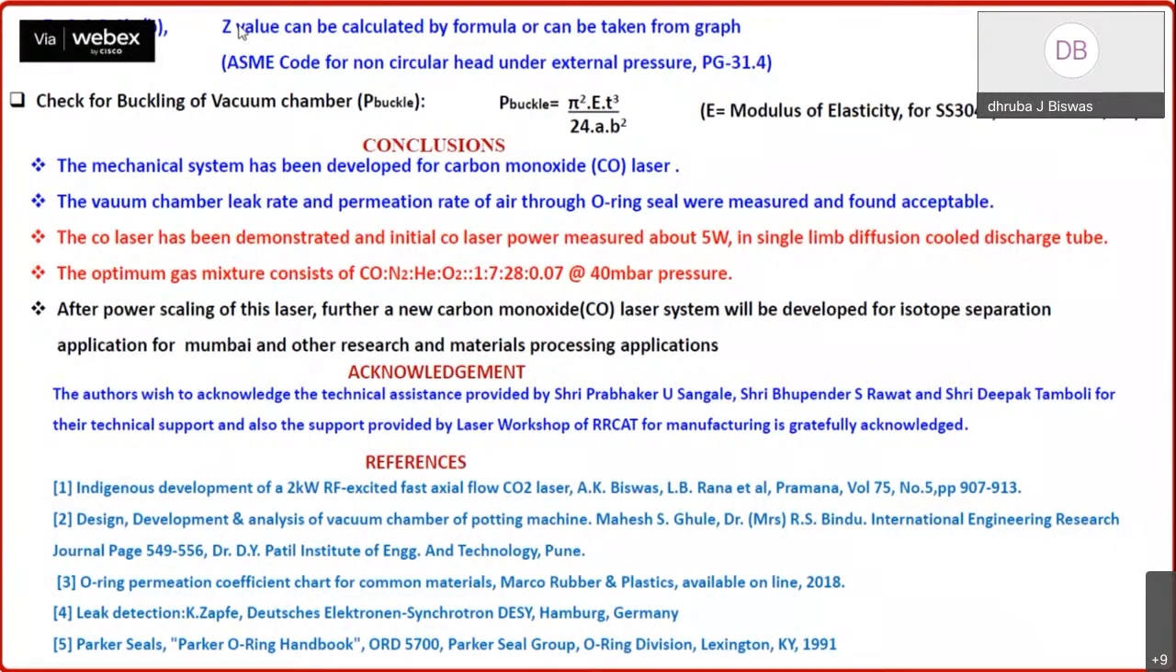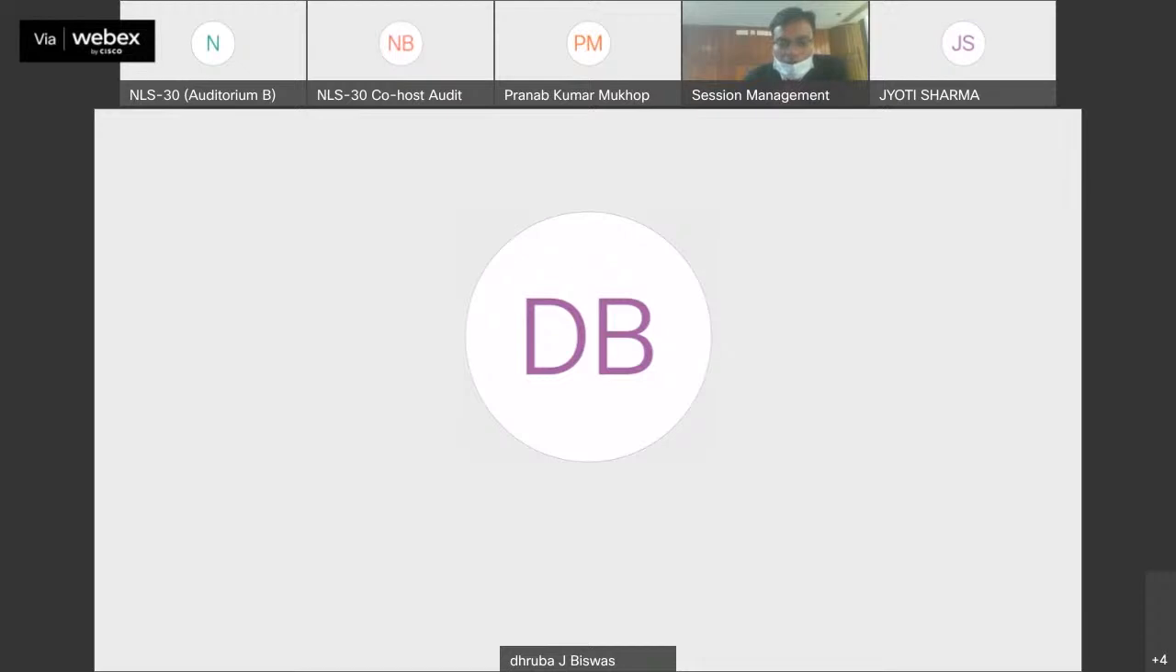The mechanical system has been developed for the carbon monoxide laser, the vacuum chamber, and the laser has been demonstrated, and the initial CO laser power measured was about 5 watts in the single limb diffusion cooled discharge tube. The mixture is,